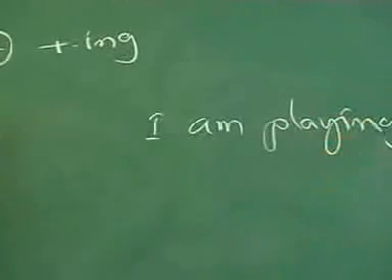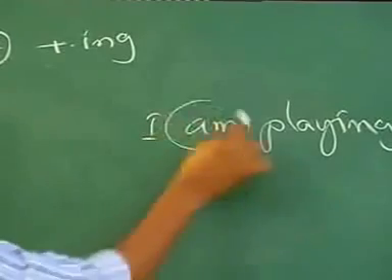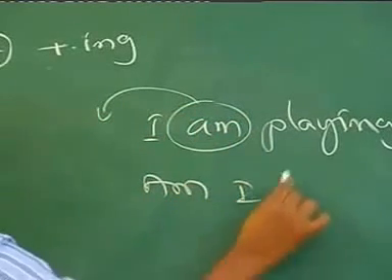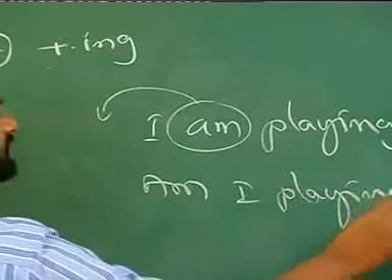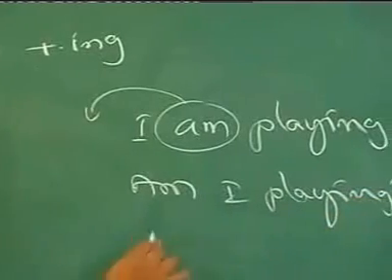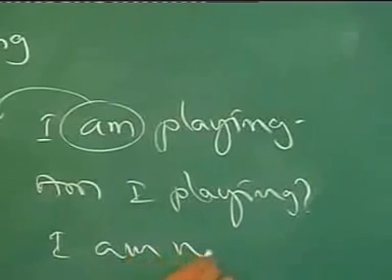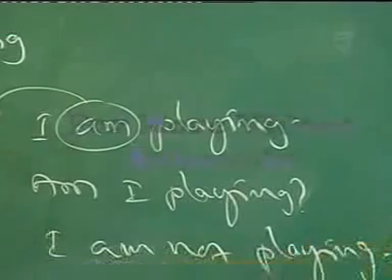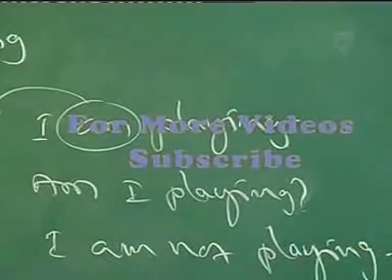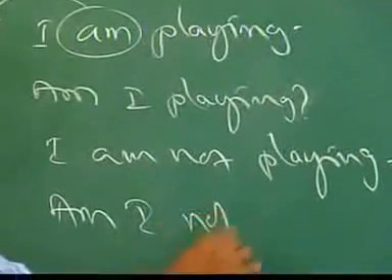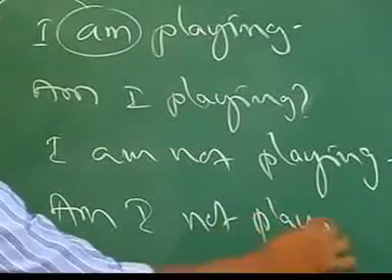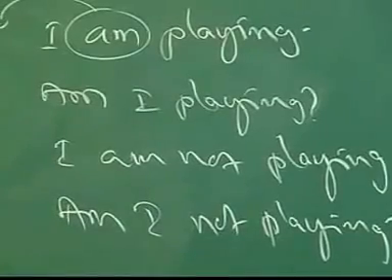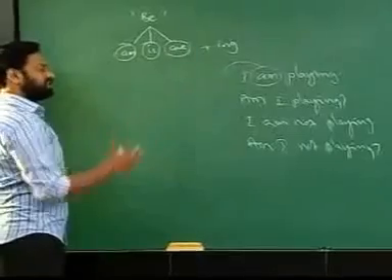This is a positive sentence. But when you want to ask a question, take the helping verb and use it before. Then you say, am I playing? Nenu adutu unnana. Self question you are making. And when you say, I am not playing, right? Nenu aadatam ledu. I am not playing. That's a negative sentence. Negative interrogative, you say, am I not playing? Nenu aadatam leda. So this is a way you say four kinds of sentences. Right? When you are talking about am, is, are with the ing form, we have